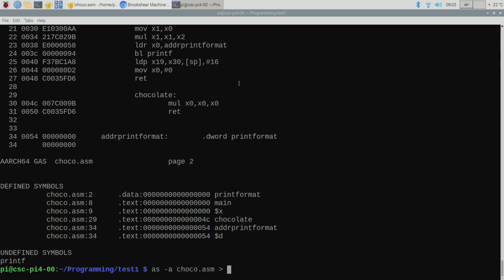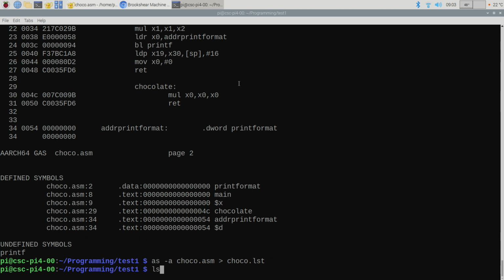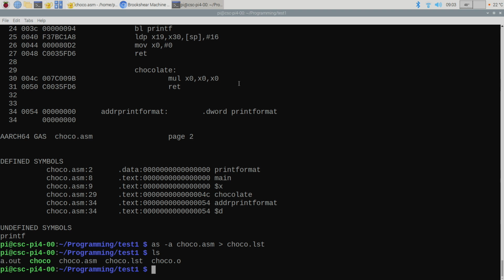And the greater than symbol, when you use it in the terminal like this, means take the output from that program, whatever it's dumping, and write it to a file called chaco.lst, LST for listing, okay? And when I do that, it has produced a file that has all of the stuff we were just looking at, but now I can load that file and read it later. It's not ephemeral, it just got dumped to the console.